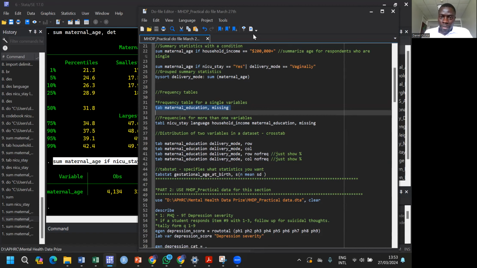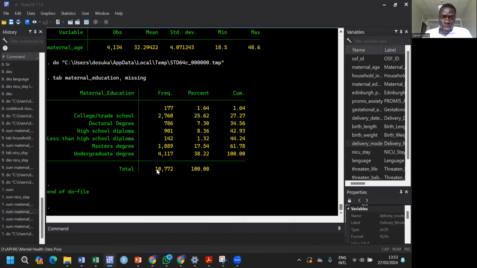So if you run this, that is what you get. The first row is missing 177, and then you have all the rest of this. There's a command I usually like to use. It's called FRE, which stands for, I think, frequency. So if we had labels for our maternal education, and we say FRE maternal education,